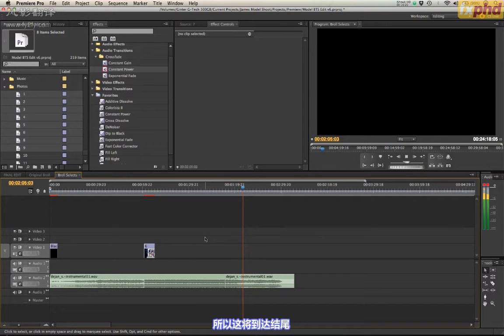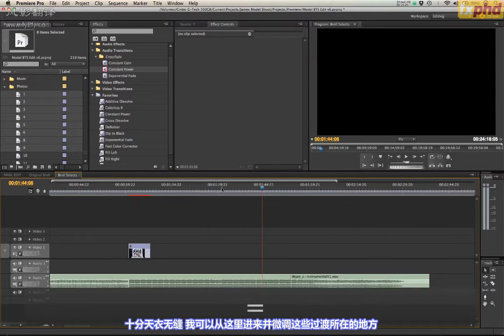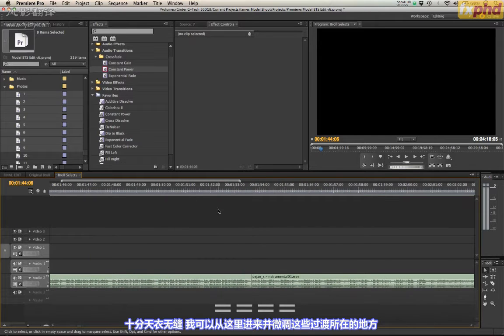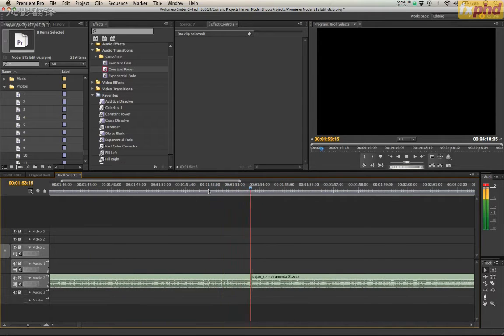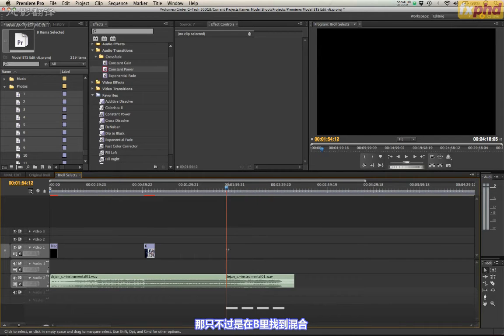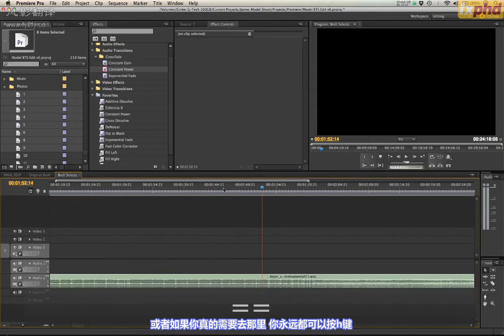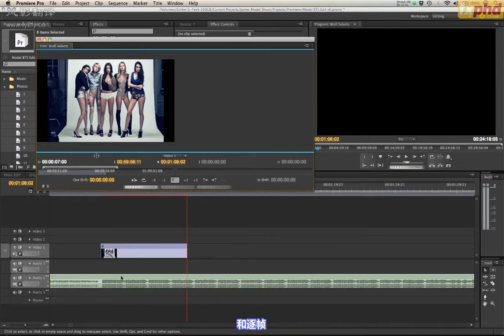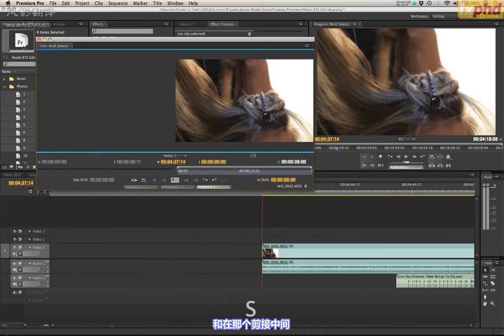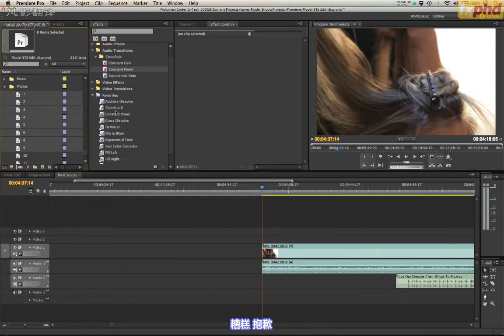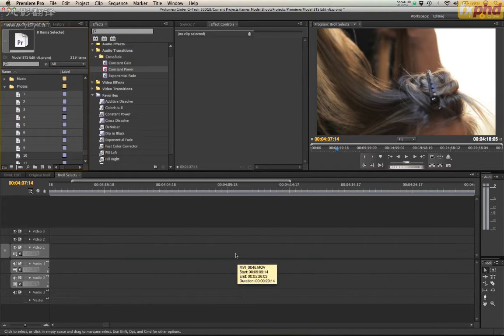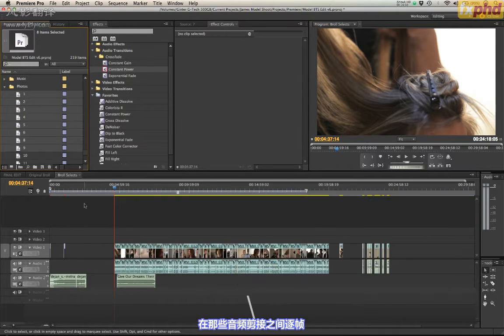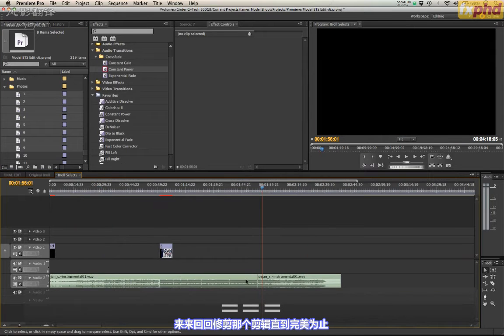So this will wrap me into my conclusion, and it was pretty seamless. I can come in here and really fine-tune where these transitions are. That sounds pretty seamless to me, and that's just finding the mix and the beat. If you did need to go in there, you can always hit the H key and go frame by frame between those audio cuts and trim that edit back and forth